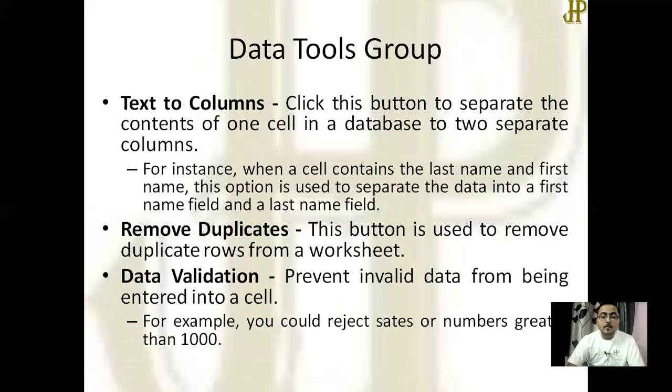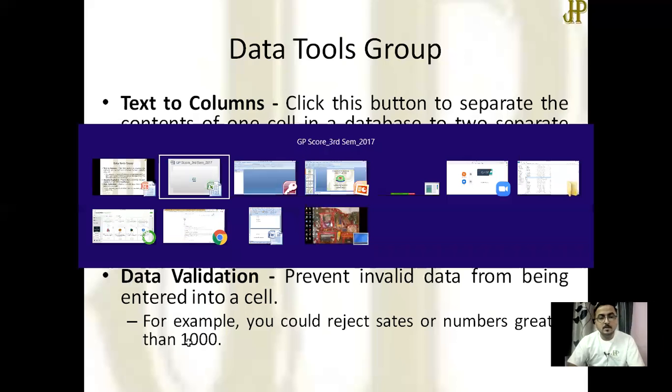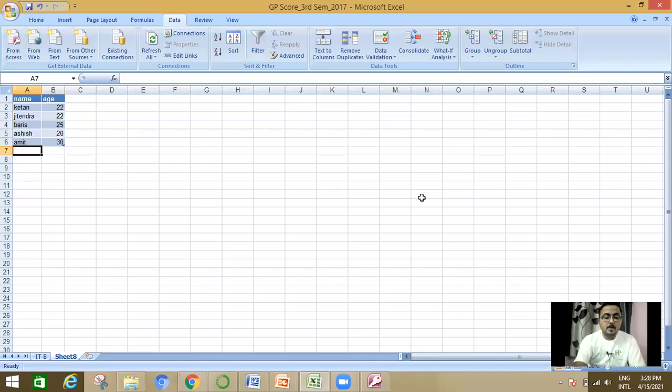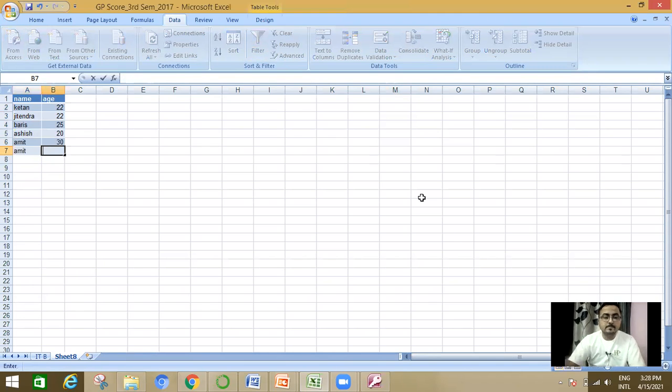Remove duplicates. This button is used to remove duplicate rows from a worksheet. For example, here you can see that I wrote down Amit 30, the same thing, Amit 30 and Amit 30.